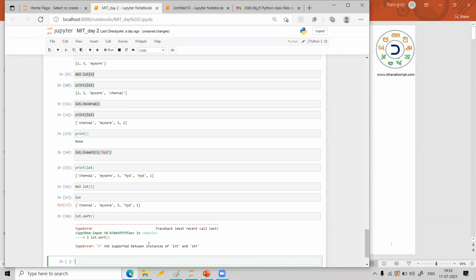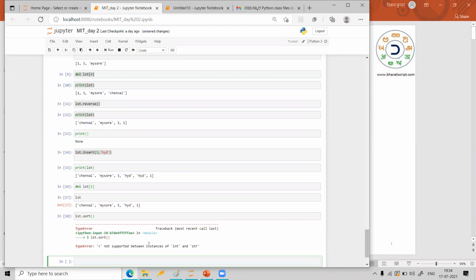But when you have numbers, what do you mean by sorting of numbers? Please tell. If you have all numbers and someone is telling sort the numbers, what do you mean by that? You already completed C language, right? In C programming, you heard sorting of numbers. So what do you mean by sorting of numbers, if you have only numbers? Sorting in ascending or descending order. Good. Sorting means ascending order or descending order.